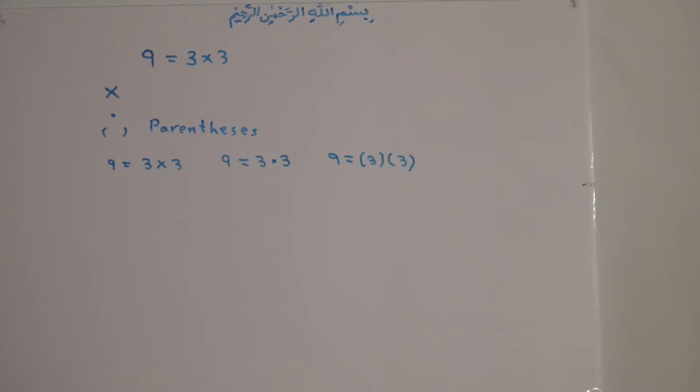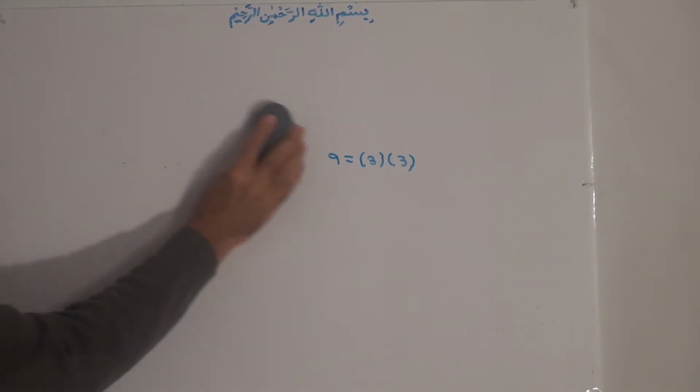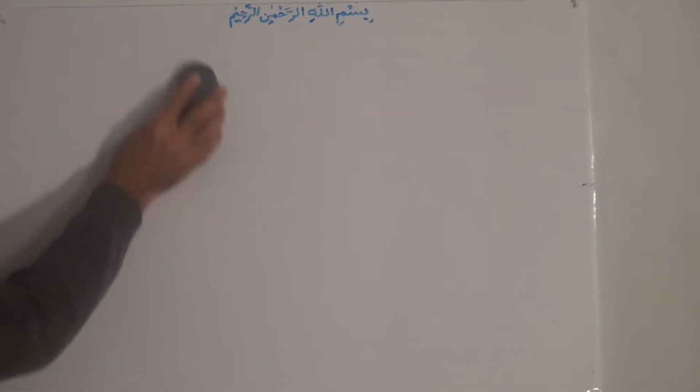Okay, now we come back to our topic. We say that for small numbers it is easy, but for bigger numbers we have a procedure. That procedure is called factoring,